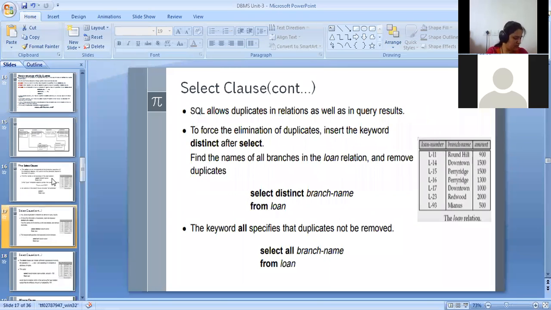Sometimes when we are selecting all the records from the attribute, it may contain duplication of the records. So if you want to eliminate that duplication, just use the distinct keyword. It removes the duplication of the records, and distinct is the keyword.